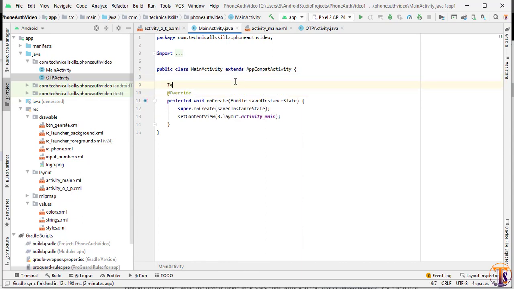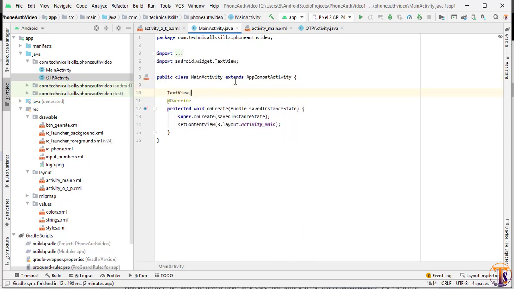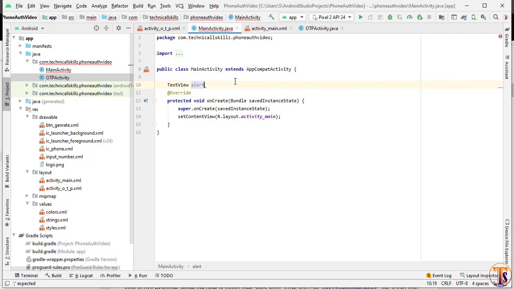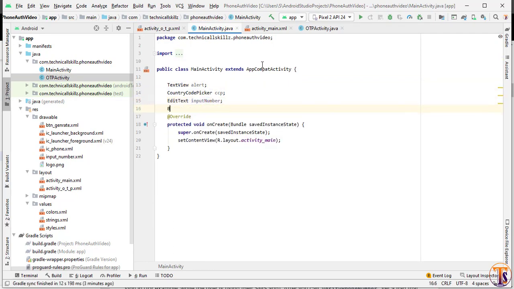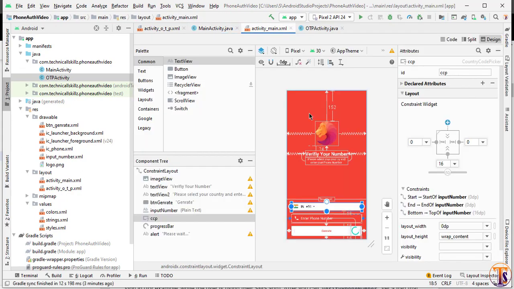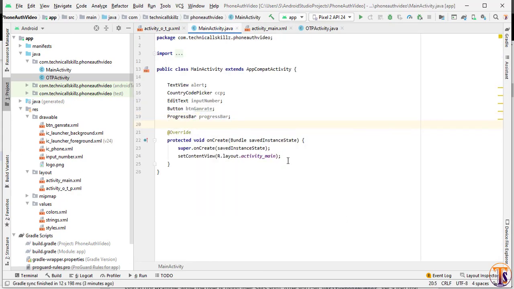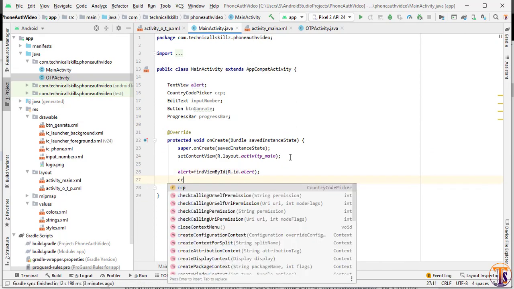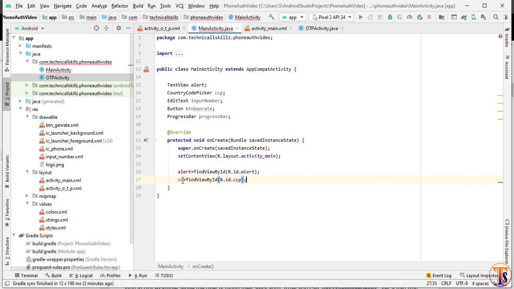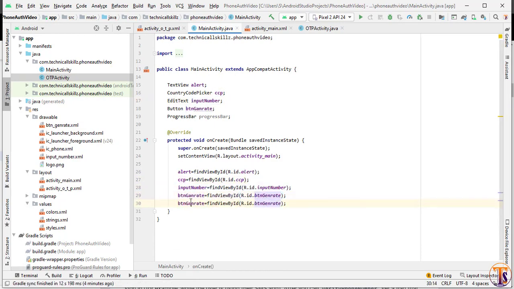I will create the variables quickly. Okay, I have initialized the variables.